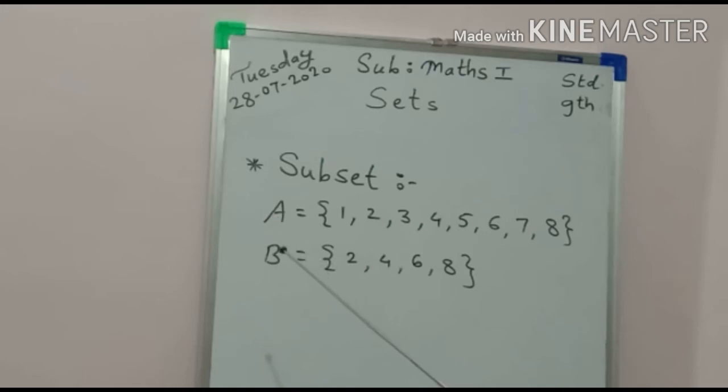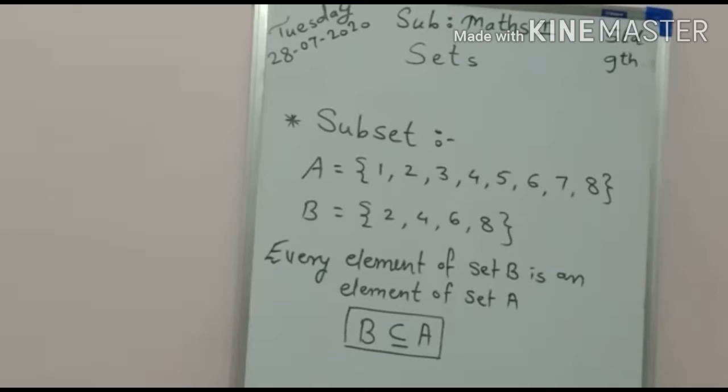And how we write down this in symbolic form, that we see here. So using this symbol, set B is a subset of set A. You have to write letter B and give that symbol over here, and we read it as set B is a subset of set A. Understood, students? You are given the definition of subset on page number 7. Write down that definition, then explain it using this example. Okay, so from page number 7 you have to write that definition of subset, and you also have to write down that example.